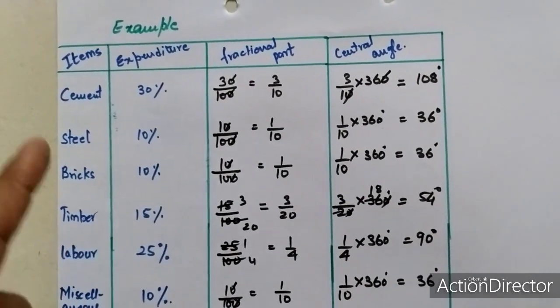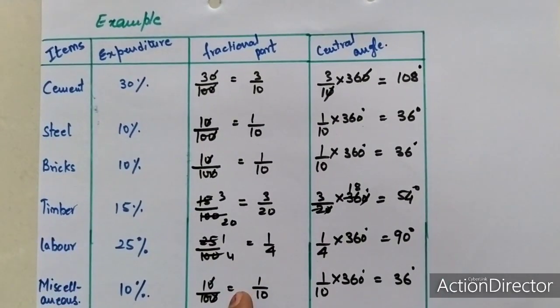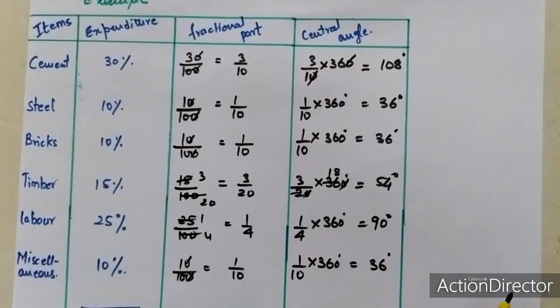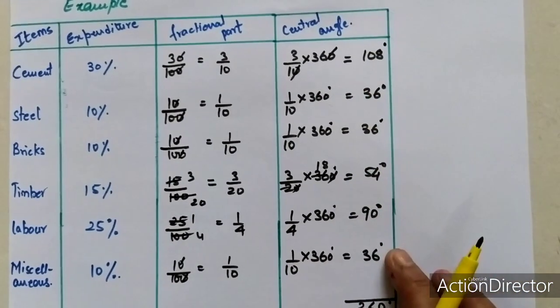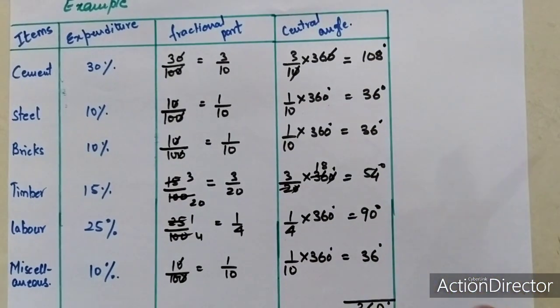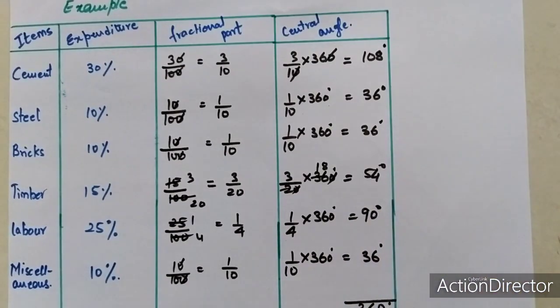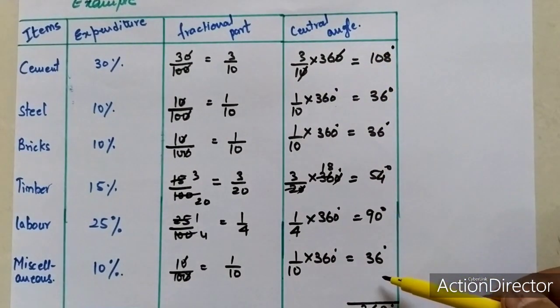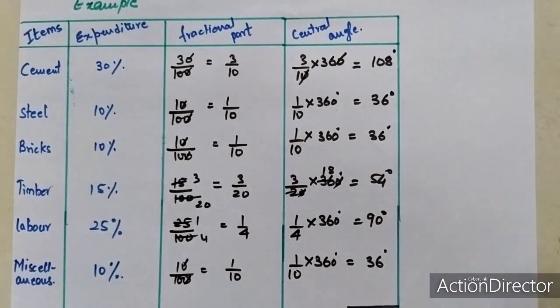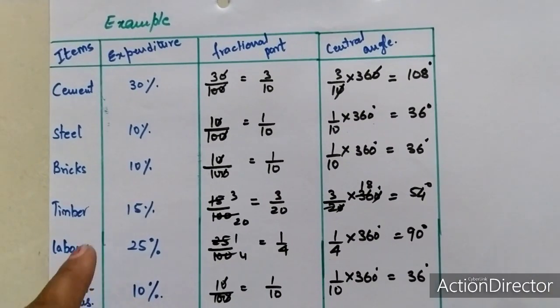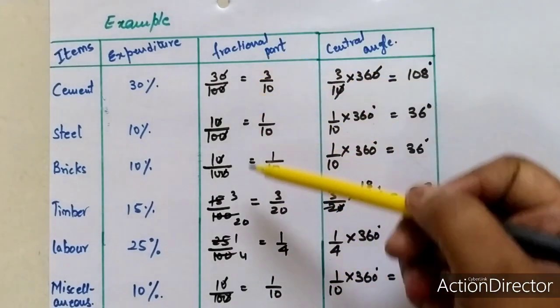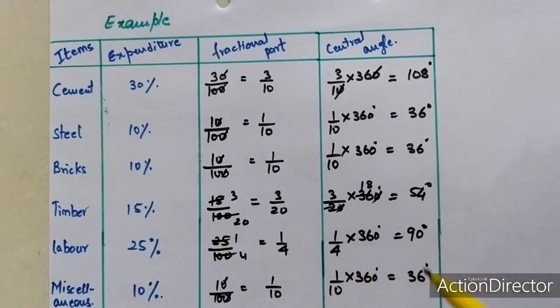When you have any question in the form of percentage, make one column to get the fractional part, make another column to get the central angle, and in the rough column you can find out your central angle and write it here. That is also possible, but you should know how to find it. Write the formula and then write. Just to verify whether the sum of all these equals 360 or not. If it is 360, with all these central angles you make one pie chart. So this is only for percentage form. You cannot say percentage form is different. Actually, this is also the same, only one column you need to make. So it is easy to calculate the central angle.